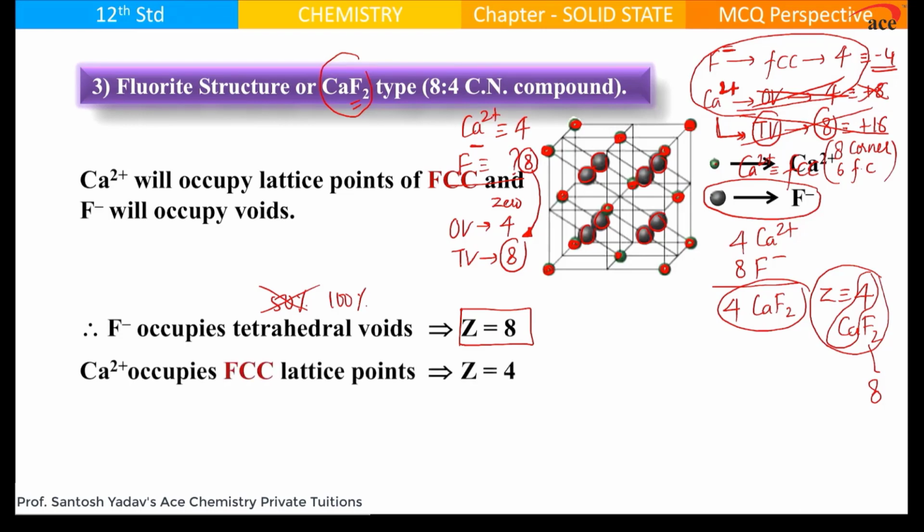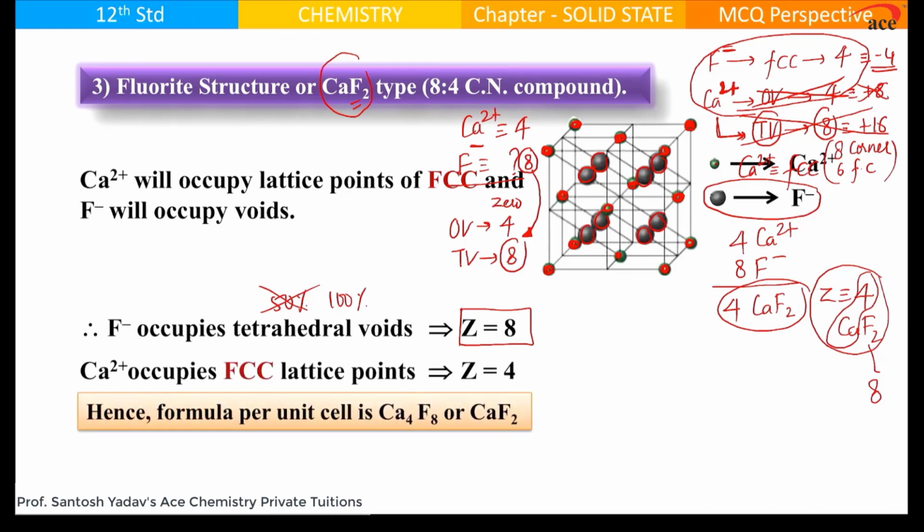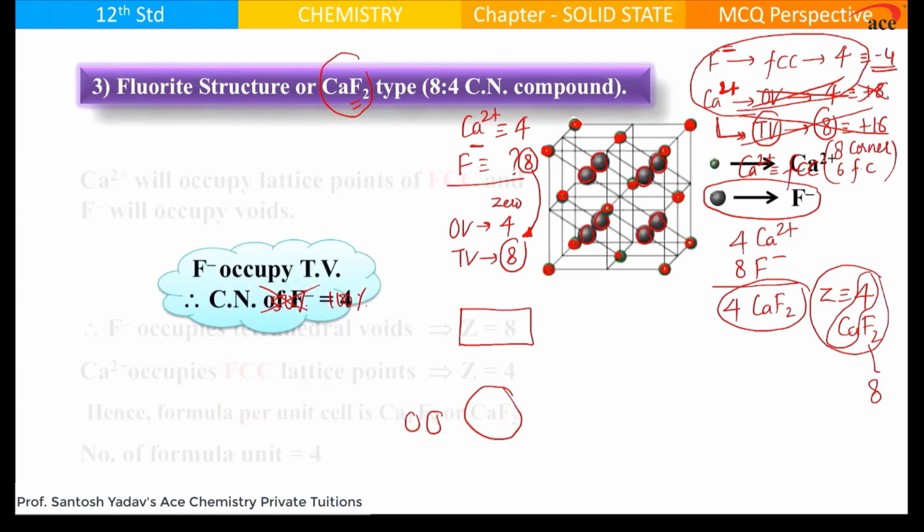So calcium occupies FCC, which is 4, hence formula units of calcium is 4, fluoride is 8, therefore the formula matches as CaF2. That's what you should know. Fluoride